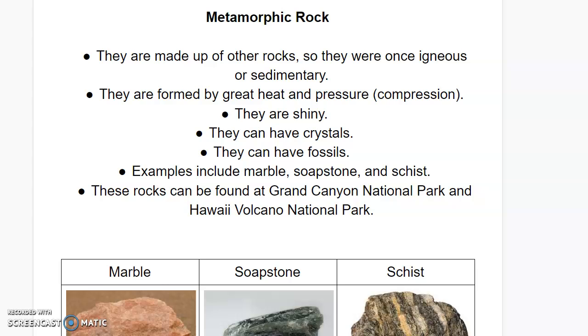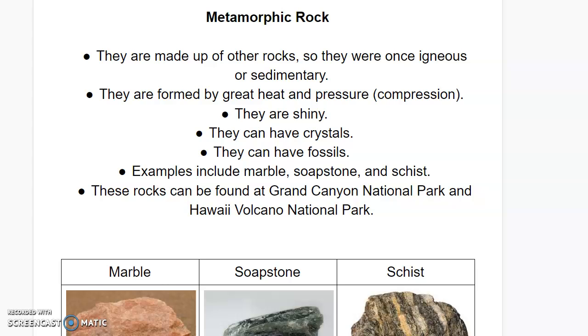Today's rock that I'm going to talk about is metamorphic rock. So metamorphic rock is actually made up of other rocks. At one time, metamorphic rock was igneous rock or sedimentary rock. What happens was there was such great heat and pressure that it changed the rock into metamorphic rock through a